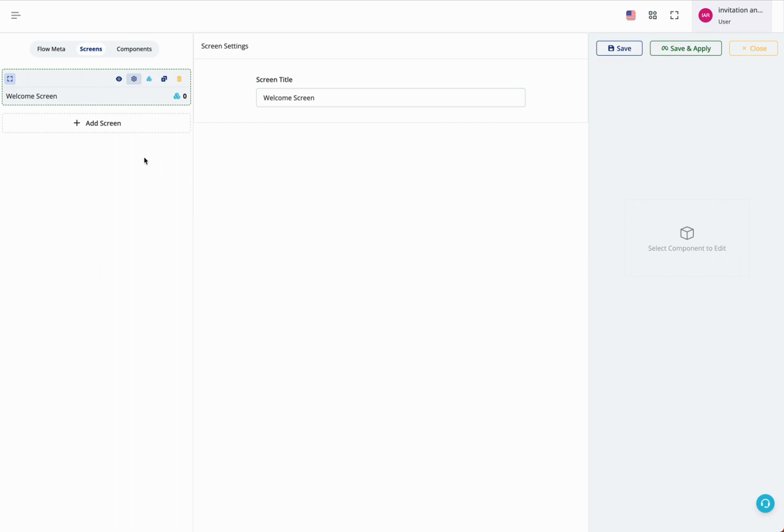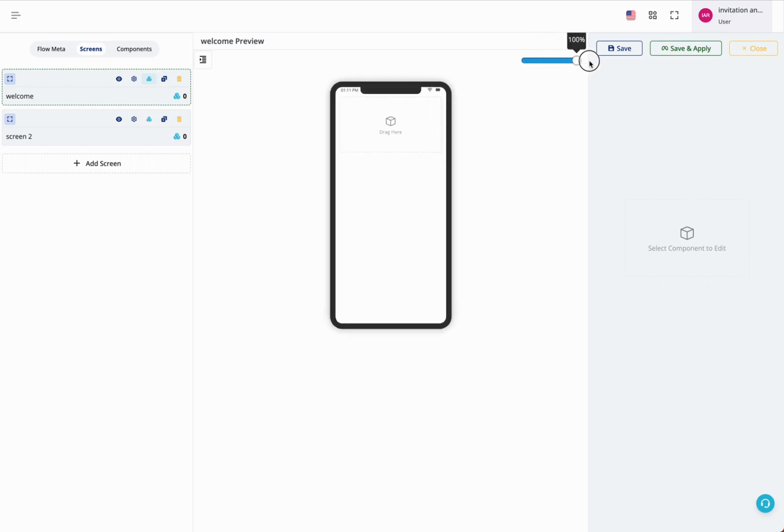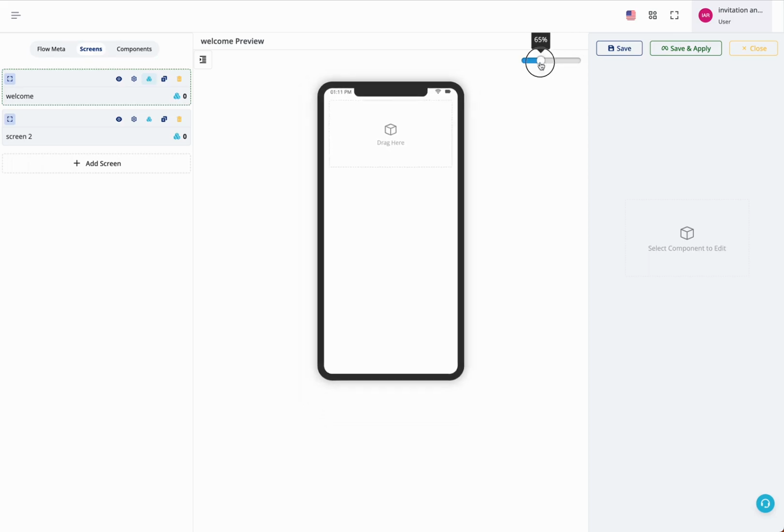Now let us understand each and every small aspect or option available here. The very first thing is you can have multiple screens in your WhatsApp native flow. With this, you can have a unique screen title for each screen. Now the very first icon here is basically the preview of the flow. Right now you do not have anything in the particular screen, so you can also zoom in or zoom out